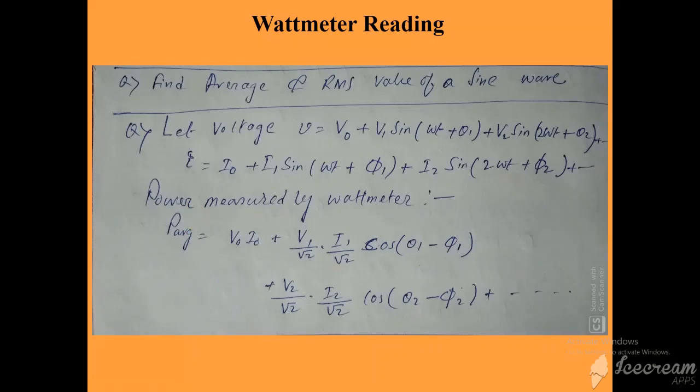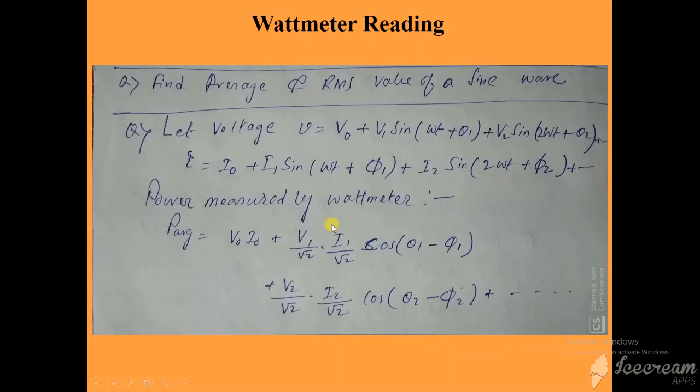Now if you want to measure the power by the wattmeter, like we have studied, the electrodynamic wattmeter, induction wattmeter, then what will it show? If it is only DC, suppose these parts are not there, suppose only V equal to V0 and I equal to I0, then the average power is V0 I0. Suppose only this part is there, V equal to V1 sin(omega t plus theta 1) and I equal to I1 sin(omega t plus phi 1) only, then what will be the power? Only this part,